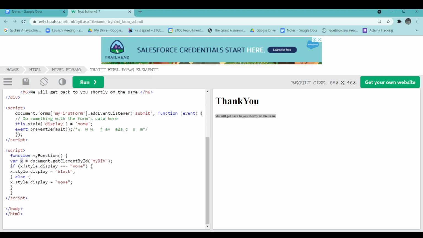Now if element.style.display is equal to none, then it will show block, and if it was already block, it will set element.style.display to none. Did you get that? Okay.